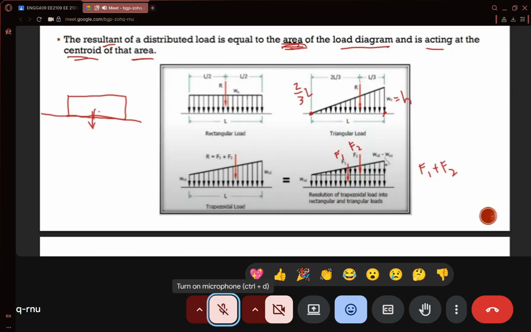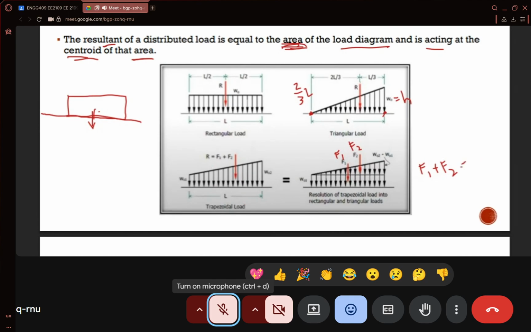How about the position? Since it's not directly given, what is the position for the centroid of the trapezoid? Okay? So you can get the centroids of those dissected shapes. For the rectangular load, the center is of course half of the length, while for the triangular load, you will apply this. Okay? So they will not have the same centroid, the rectangular and the triangular load of your trapezoidal total load.